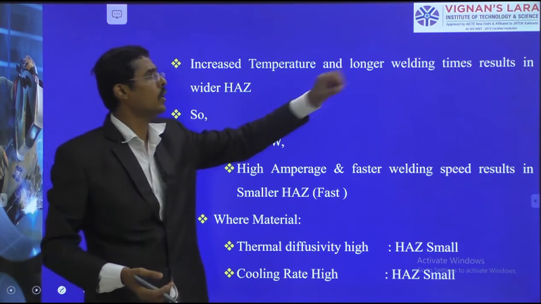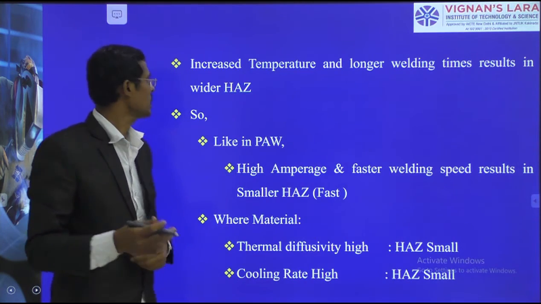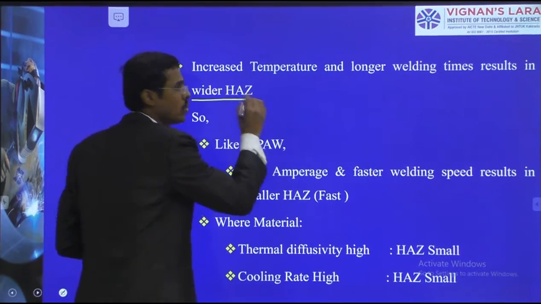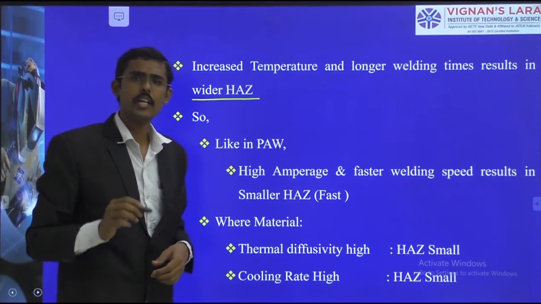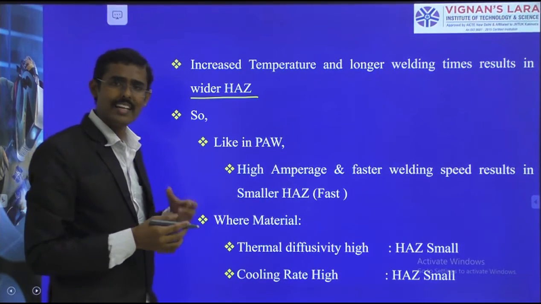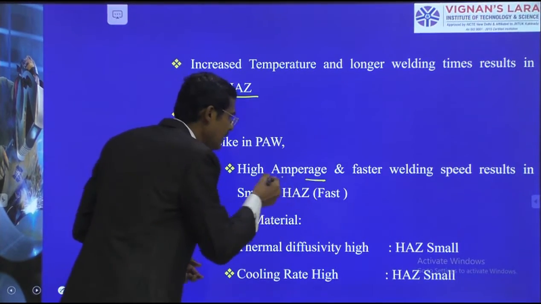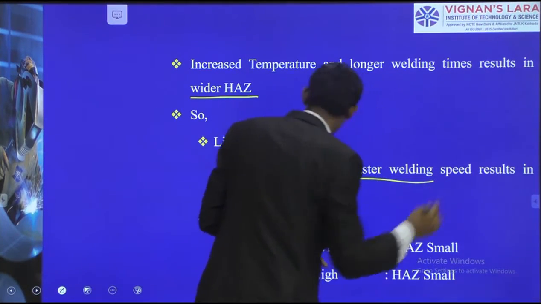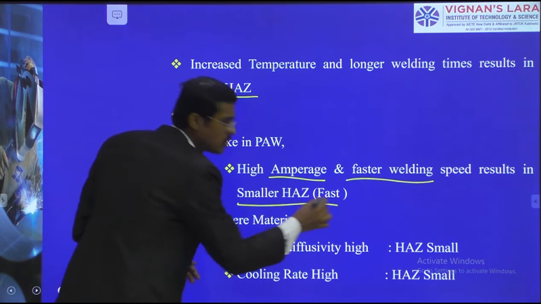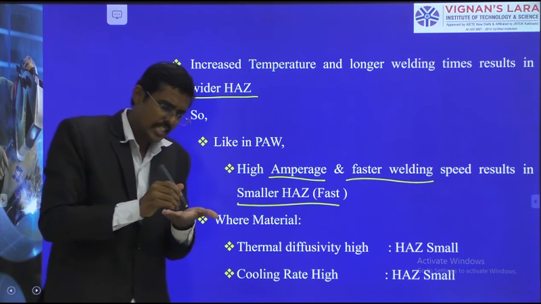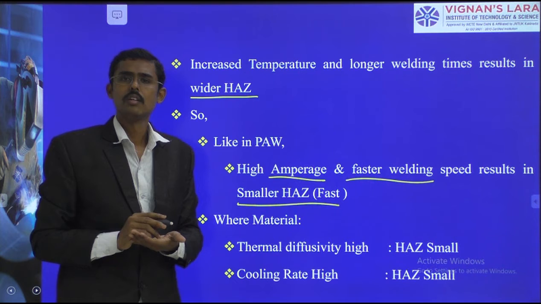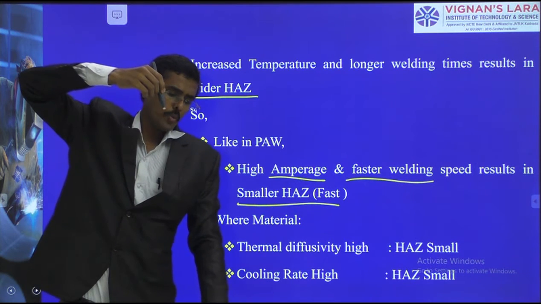Increased temperature and longer welding times result in creating a wider heat affected zone. So, like the plasma arc welding process, high current and faster welding speeds result in a smaller heat affected zone. We have to keep intense heat at a specific point, and the arc length should not be long enough